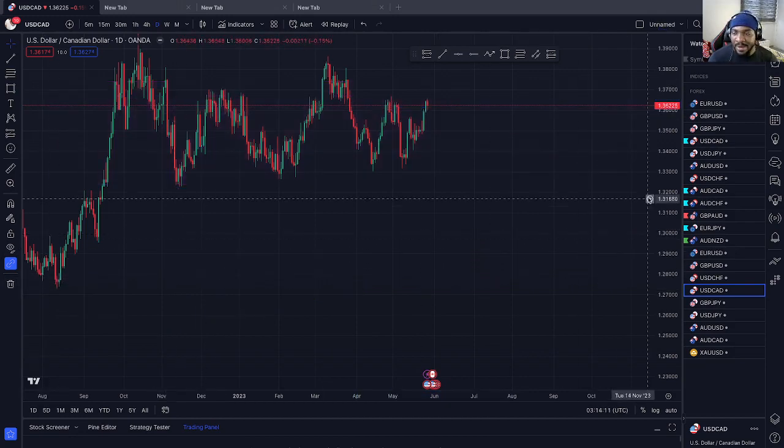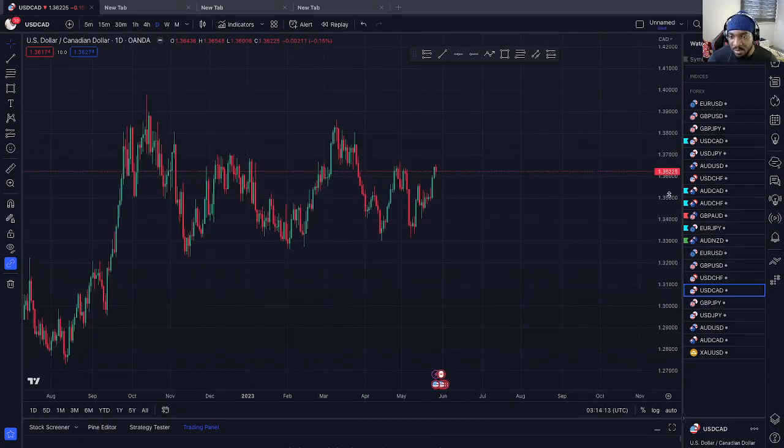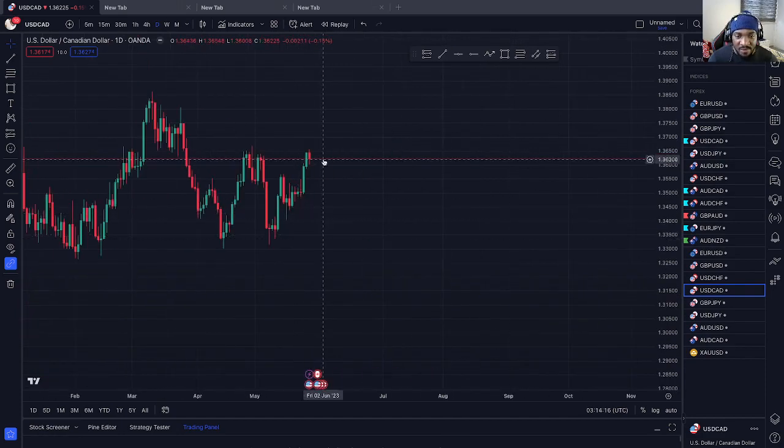So what I am trying to see that's going to be happening this month is that we're going to be having a sell-off on this price down until this level,